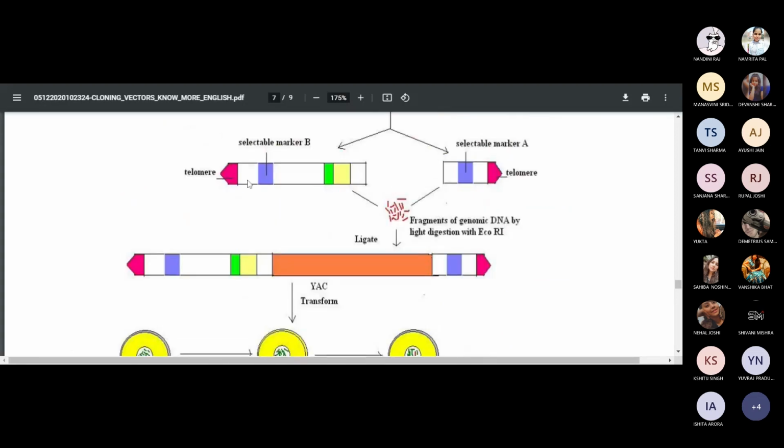if you transform the unligated component into the yeast, then this component is not going to have a centromere in it, and also not the origin of replication, so it's not going to replicate. This segment is also not going to have a telomere at the other end, so it will migrate towards the pole. If both the segments are ligated, then only will they lead to a whole chromosome, and only the transformation of this ligated component is going to maintain itself within the yeast cell. Otherwise, it's not going to be maintained within the yeast cell.